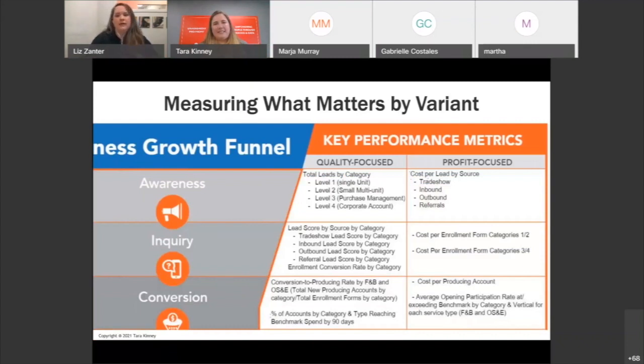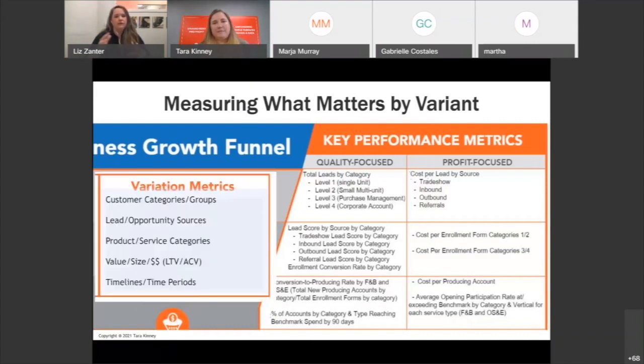So we built out this process for them, looking at these various different things for their marketing and conversion KPIs. We took a look at their customer categories and groups, their lead and opportunity sources, product service categories, the value, the size of things that were coming in, how quickly things were coming in and turning around. And we did this by creating a small number of KPIs that we broke down by variables or variation metrics